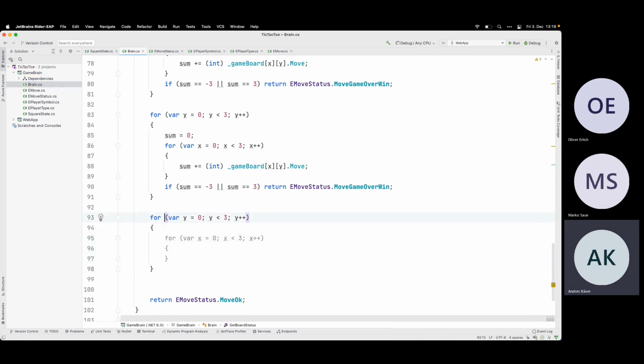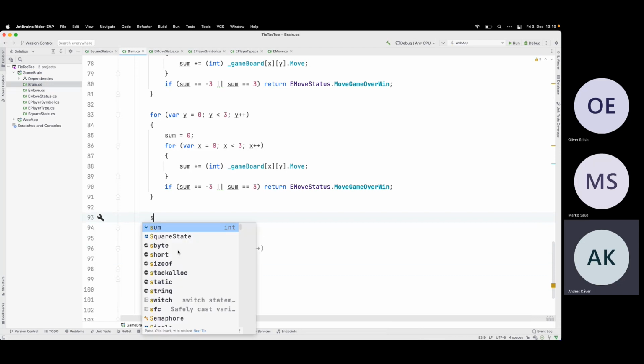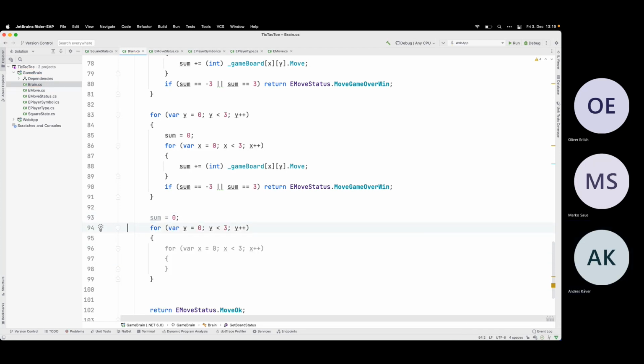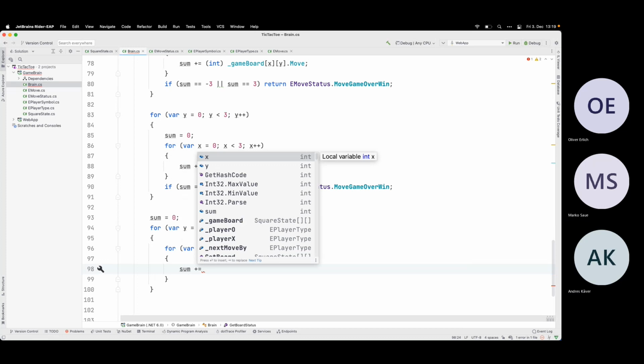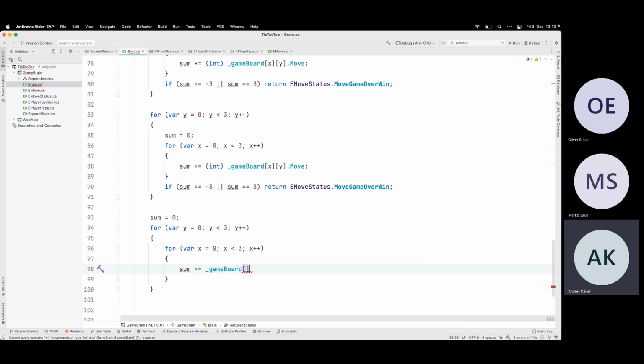Yep, can't do it like this. So I need to go to the x, to the y, to the move.